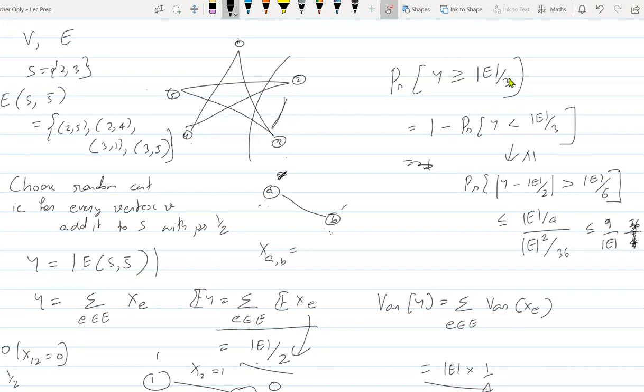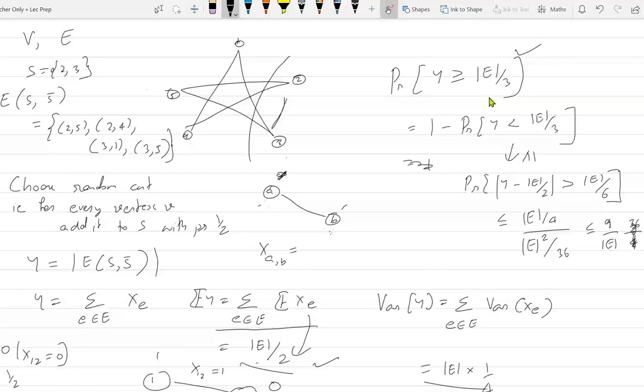Yes, sir. So we have come up with a randomized algorithm for finding a cut, which does a very stupid thing: toss a coin for every vertex and output the cut defined by that random value. Apparently, in expectation, you will get a cut of size |E|/2. And the probability that you get a cut of size at least |E|/3, that is, that at least a 1/3 fraction of the edges is cut, is actually very high. If you have a large graph, this probability becomes very close to 1.